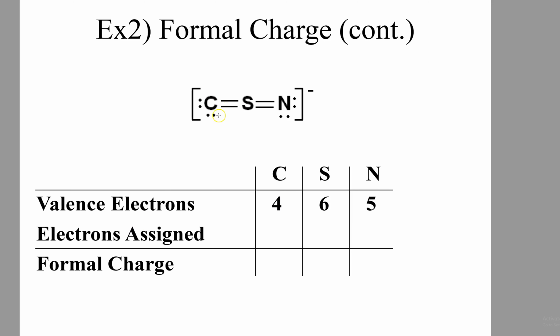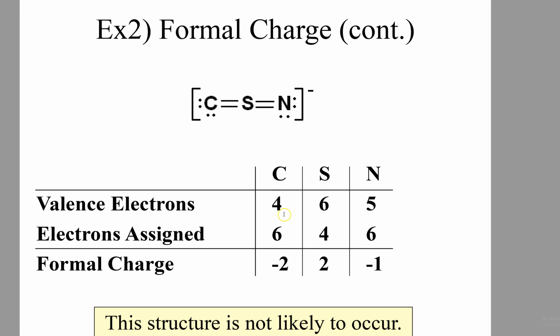The carbon has 1, 2, 3, 4, 5, and 6. Sulfur has 1, 2, 3, and 4. And nitrogen has 1, 2, 3, 4, 5, and 6. Okay, so 6, 4, 6. Alright, so let's go ahead and subtract. So this is where it gets a little interesting. It's 4 minus 6 gives us -2. -2 and -1, and again, because we don't have that 0, that's probably not the best way to put that